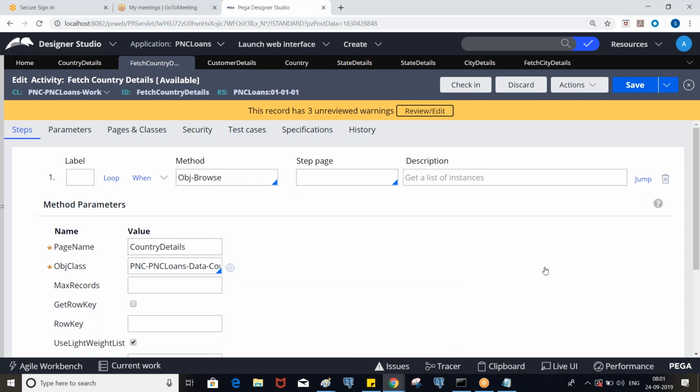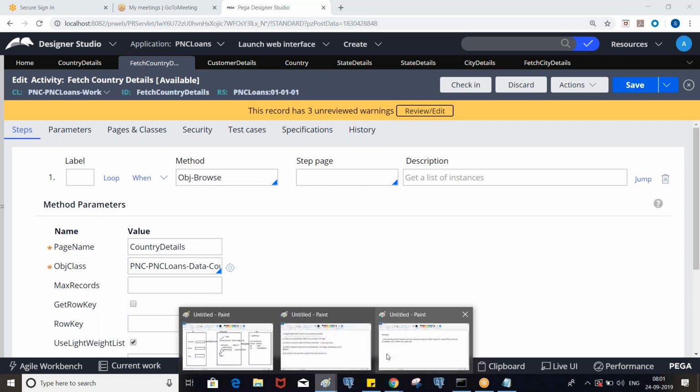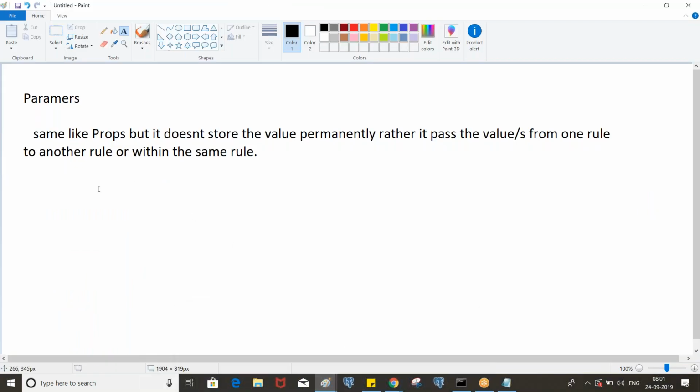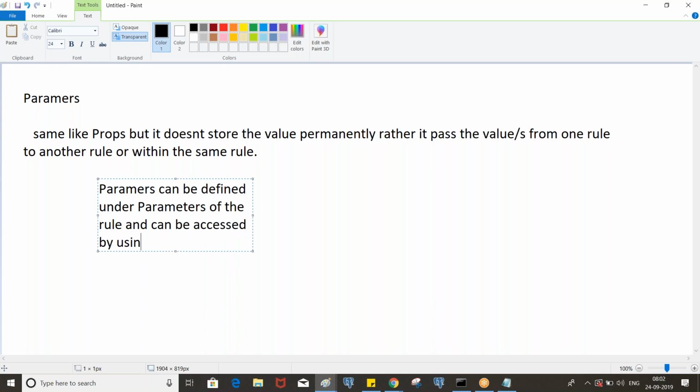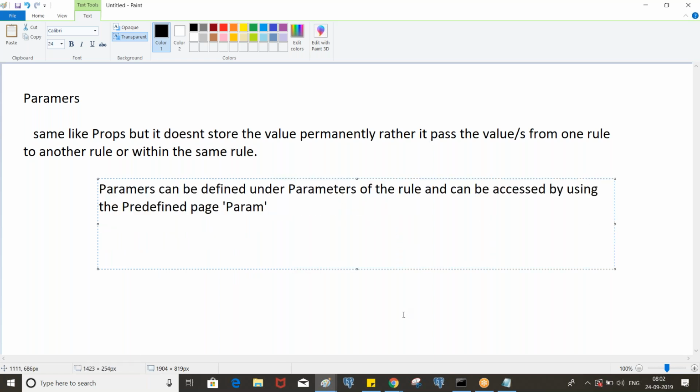You will find the parameters tab for most of the rules, and they can be accessed using the predefined page called param.